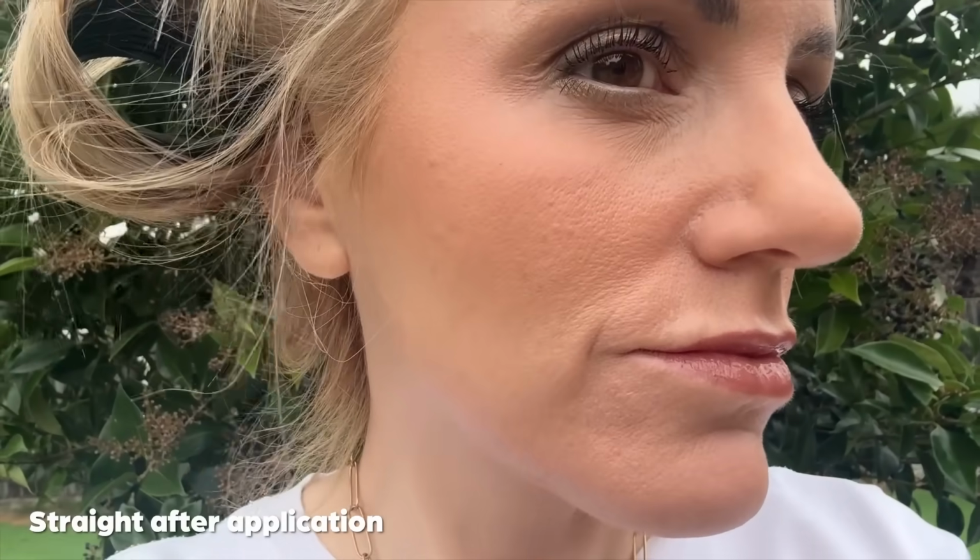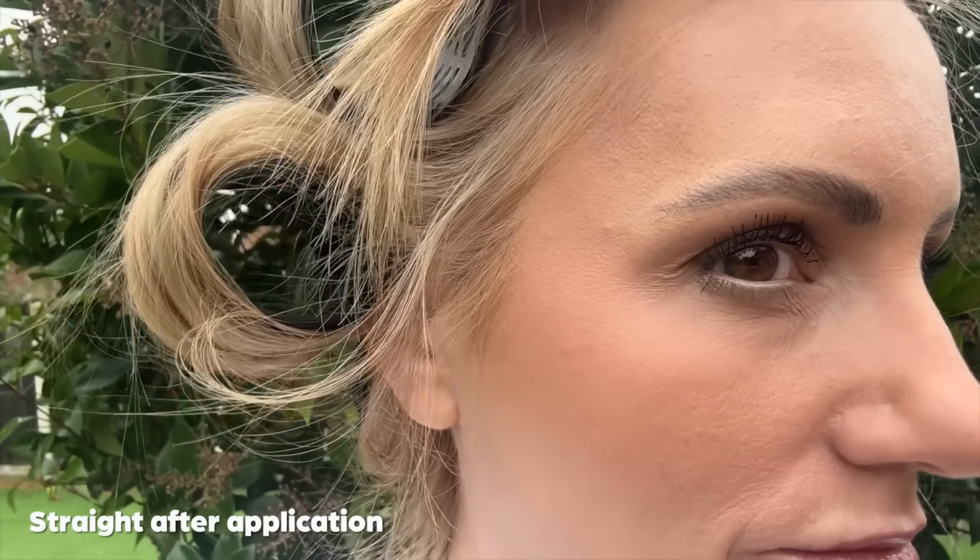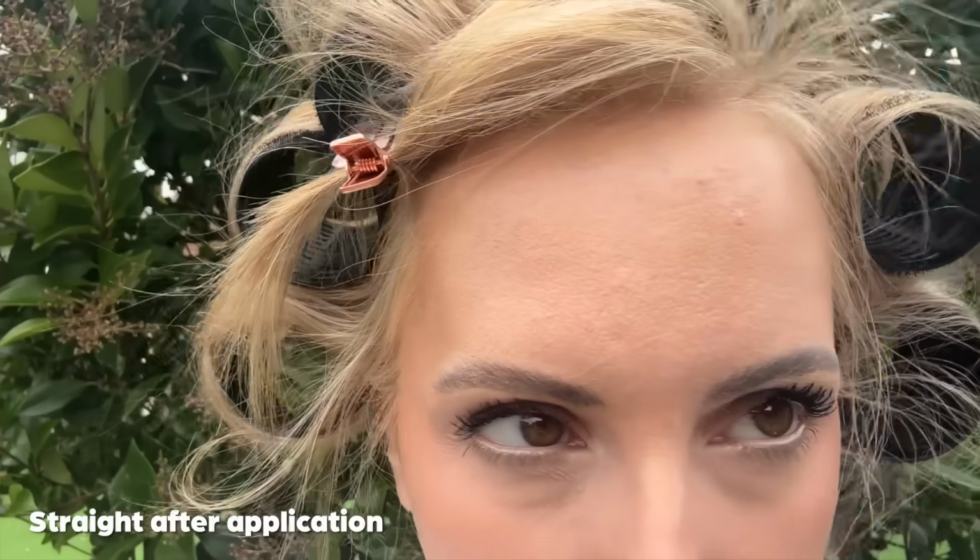Even though this was seriously shiny, it did wear considerably well for this type of a foundation, and I was pleasantly surprised. In future, I would like to carry a powder compact around with me wherever I go if I have this foundation on, just to dim the sheen down in my oilier areas as the day goes on. But for some people that do love that glowy lit from within look, I think you're really going to be